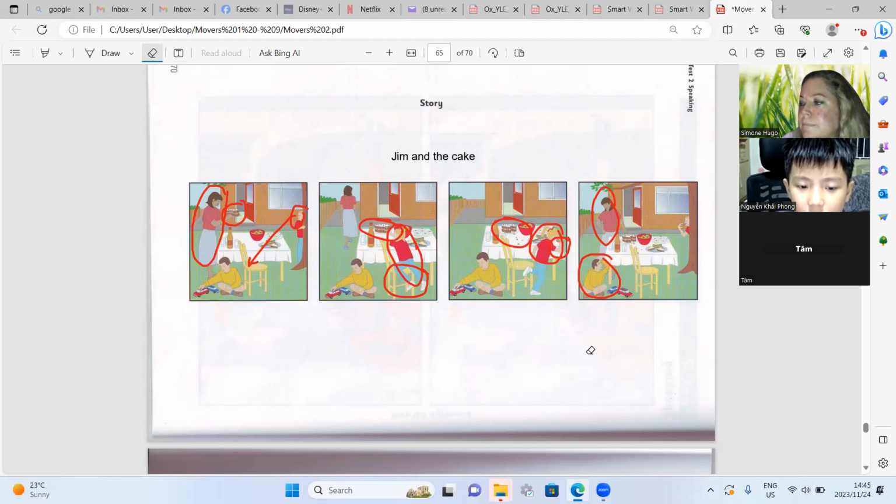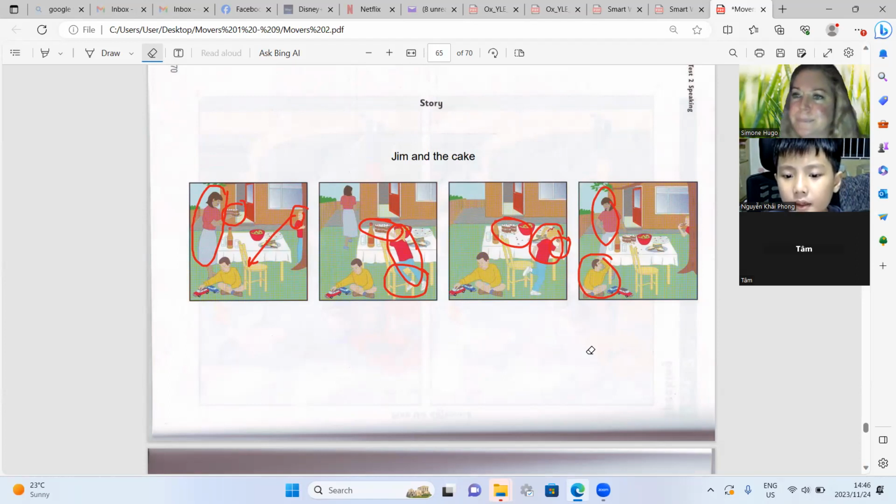She is looking at the cake on the table. Then Jim's sister is taking some cake.